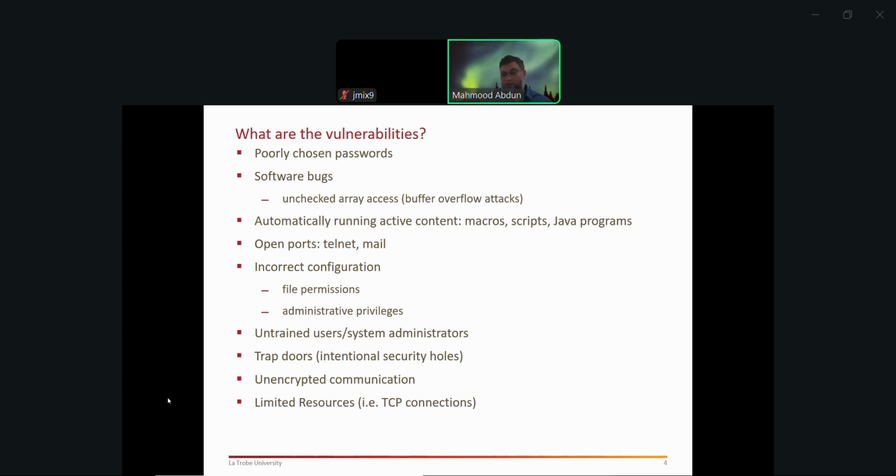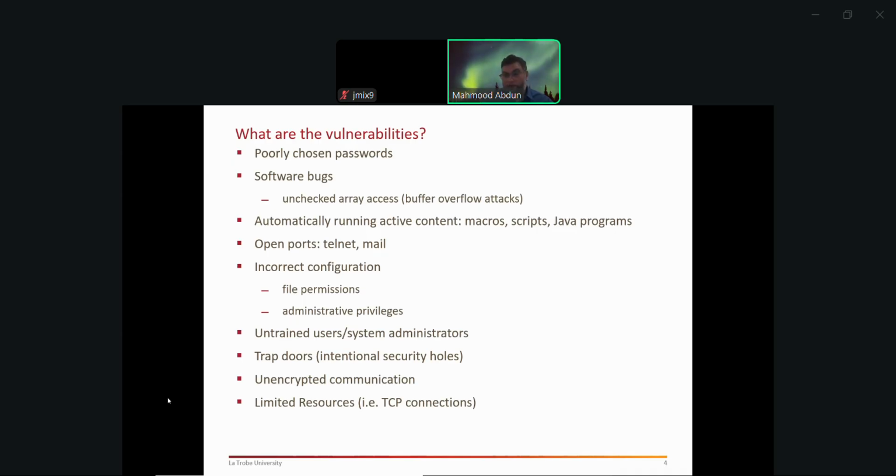Untrained users and system administrators, again, are people that need to learn a little bit of cybersecurity or how to take care of their own systems. Therefore, we need to raise awareness and education. Trapdoors or intentional security holes. So these are basically where you let someone in and then you get a notification that they have come. There are many different types: honey pots, honey nets. There are many kinds of honey pots and honey nets. There are some that are known as stepping stones. So it will only raise an alarm if the attacker does this and this and this, and only then we know they're an attacker, not a normal user.